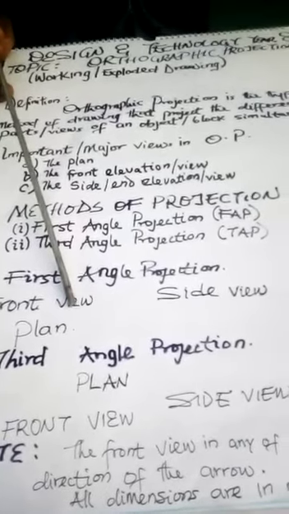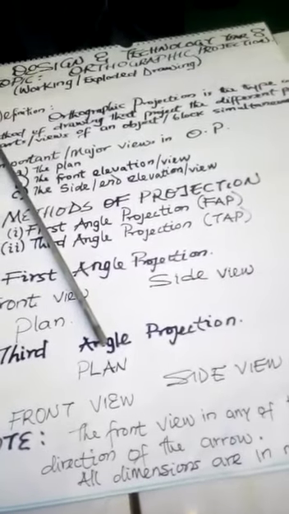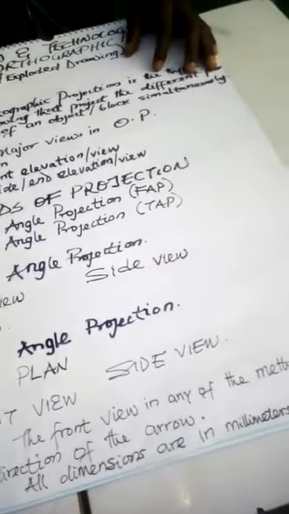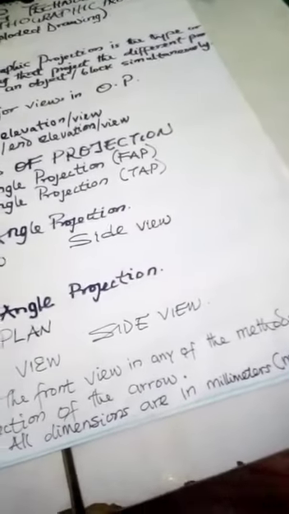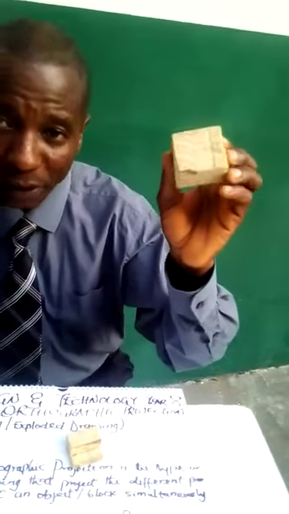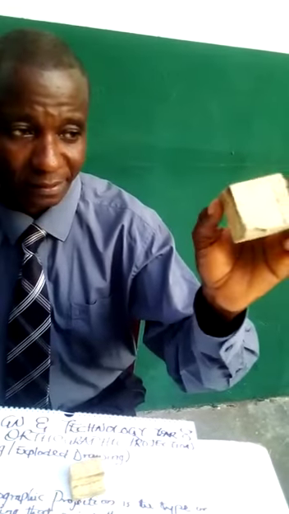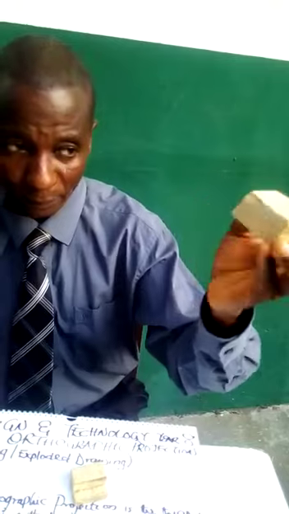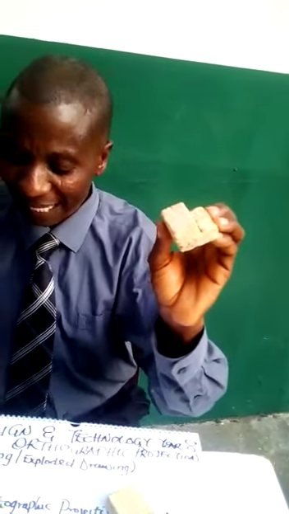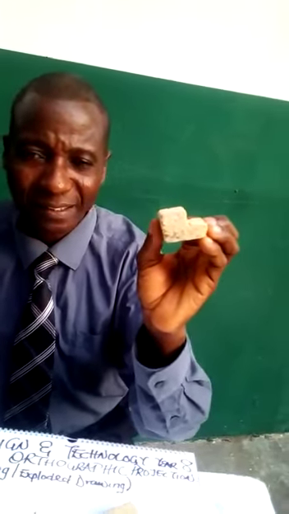Note that the front elevation is the side in the direction of the arrow on your block. Look at my hand here. This is a block. This is a complete, full block. You can see it's like a keyboard block. Now, this is another block. This is a cut block, so a side of the block is cut off. That you will be asked to draw.